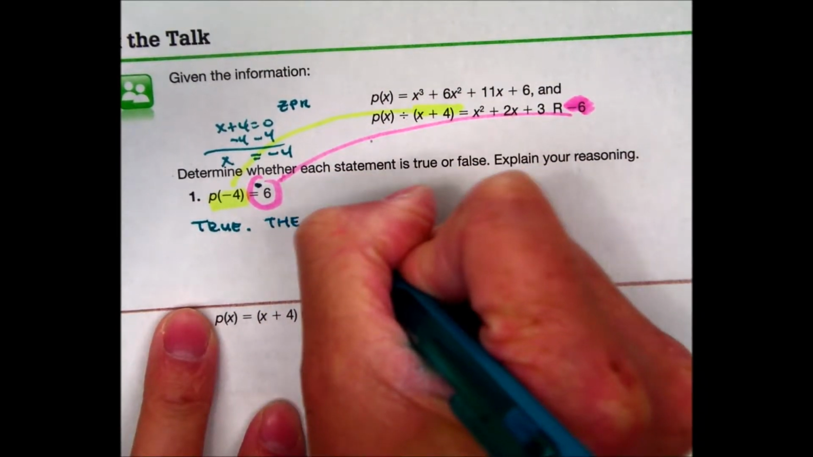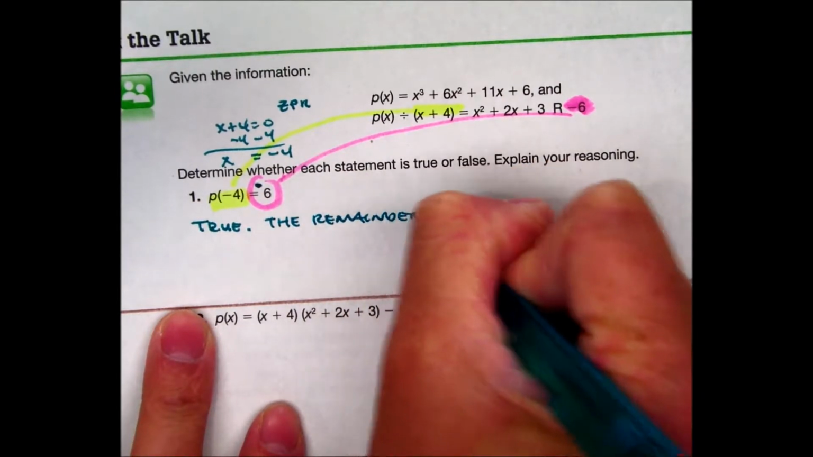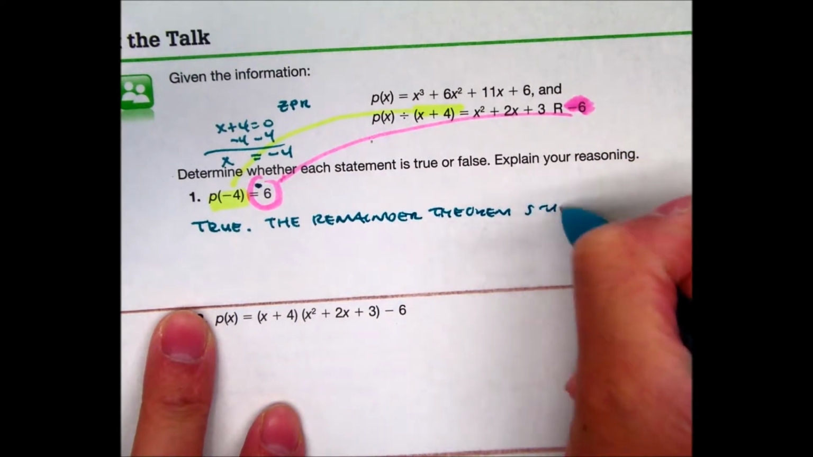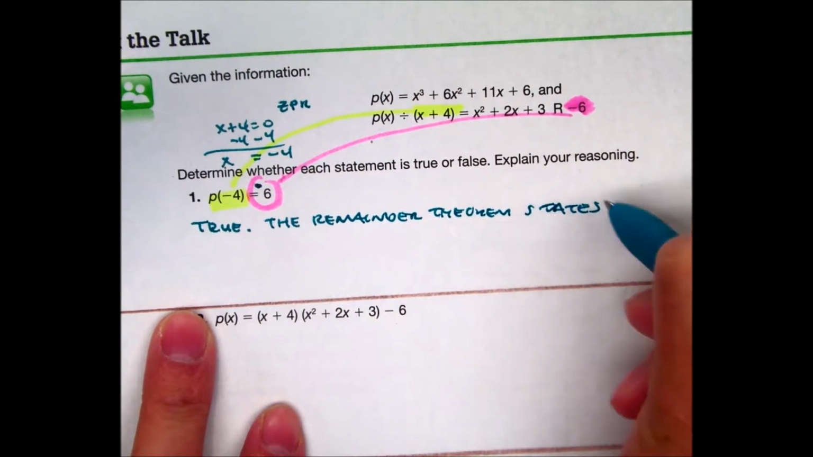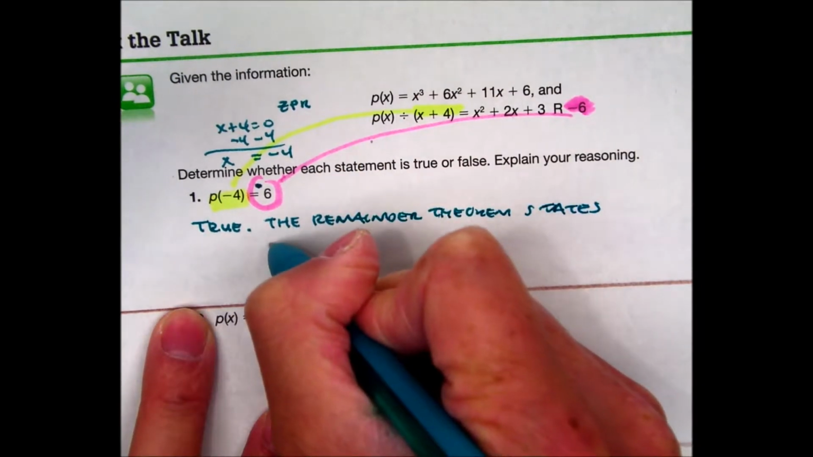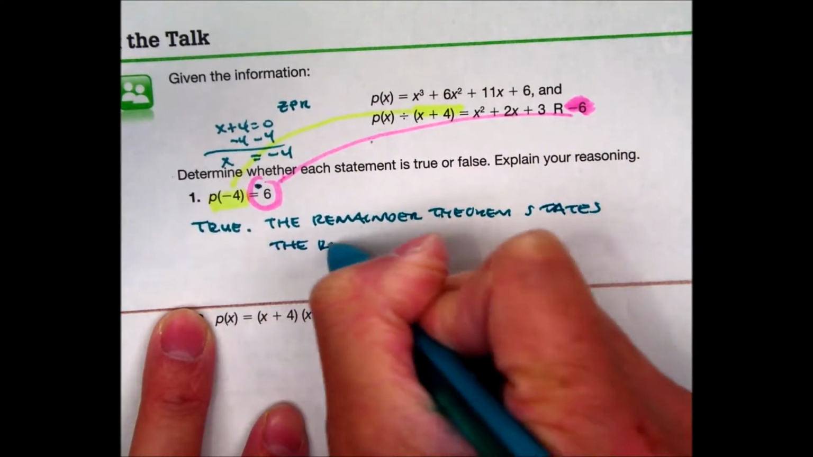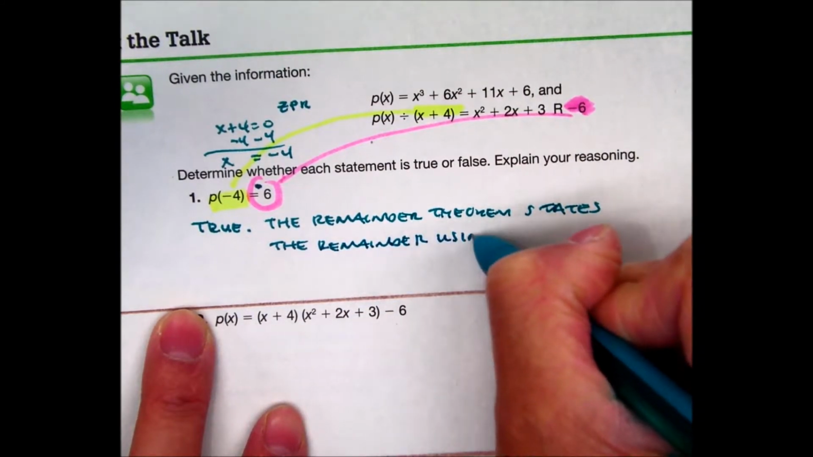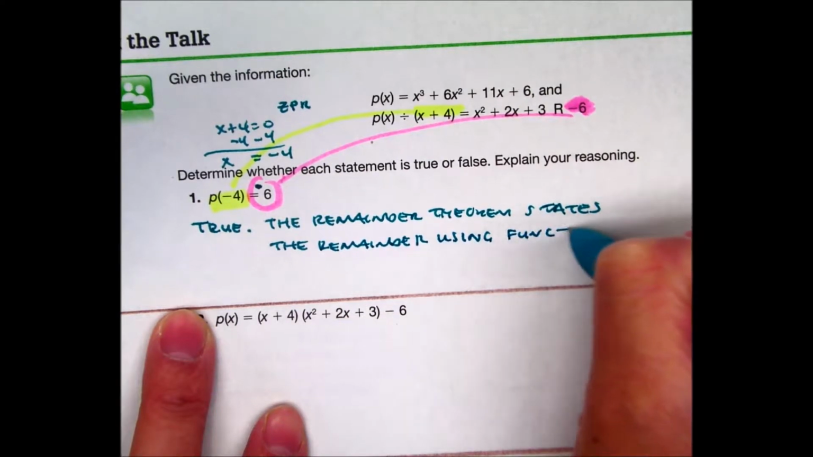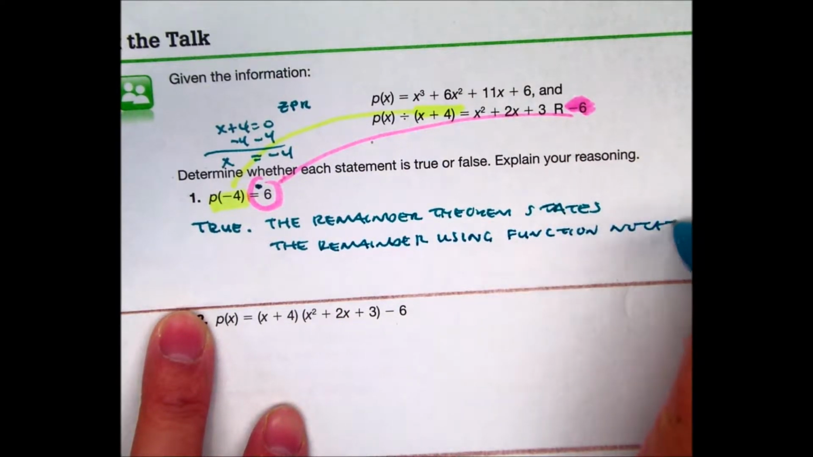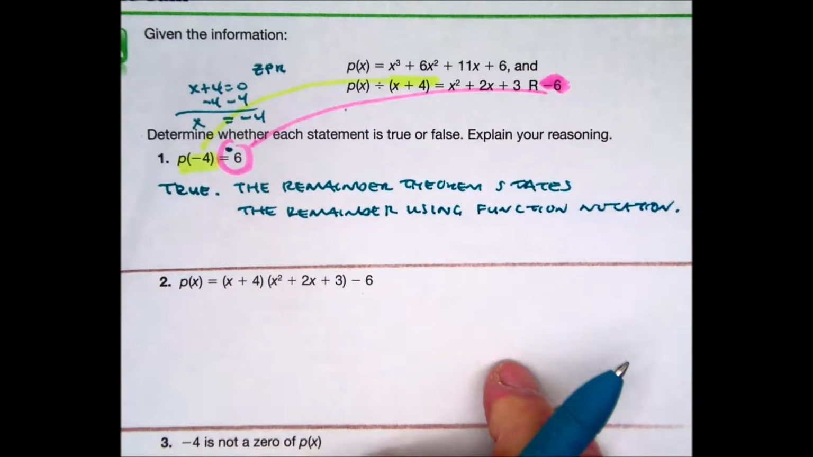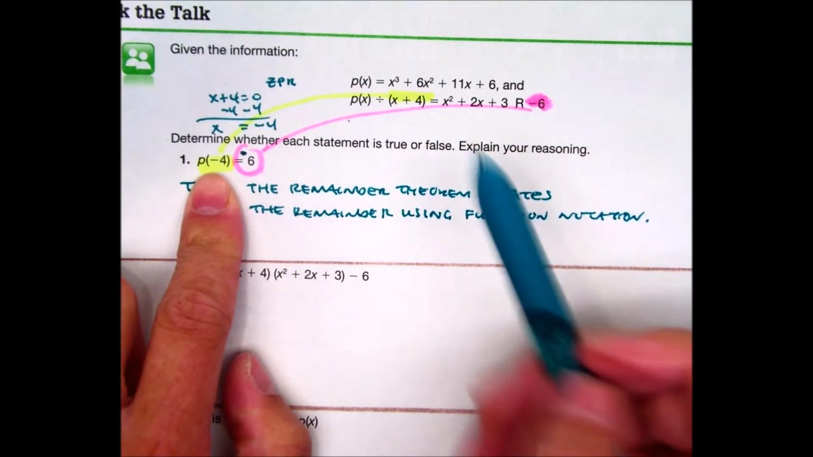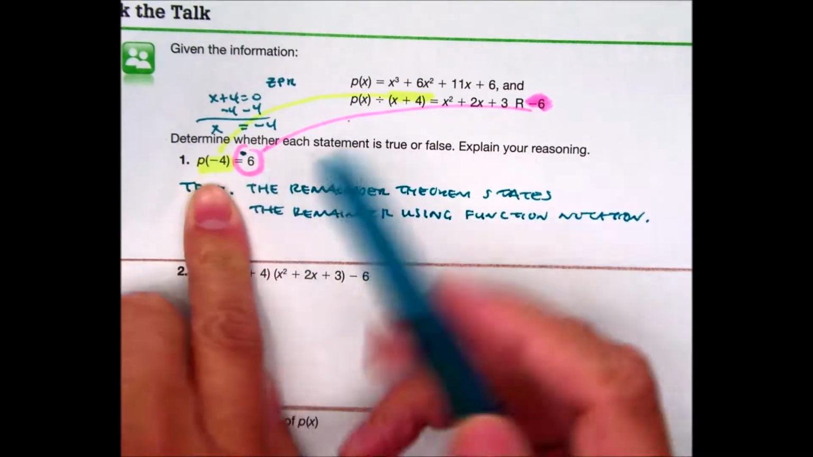The remainder theorem states the remainder, using function notation. So the question is, what is function notation? That's p of -4. If I take the x value and replace every x value with -4,